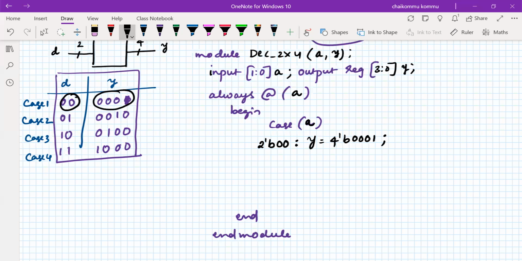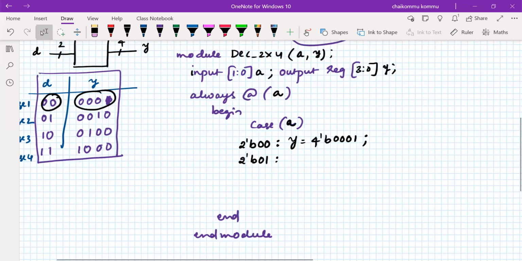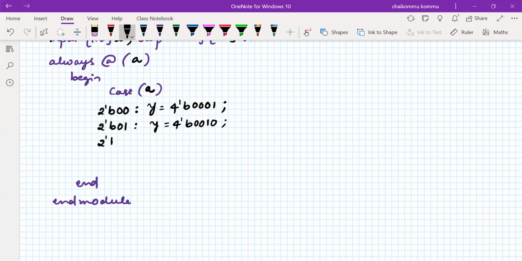For example, if the input is equal to 2-bit 01, what is the Y value? Y is 4-bit 0010. If the input is 10, Y is 4-bit 0100. The last one is 11, Y is equal to 4-bit 1000.